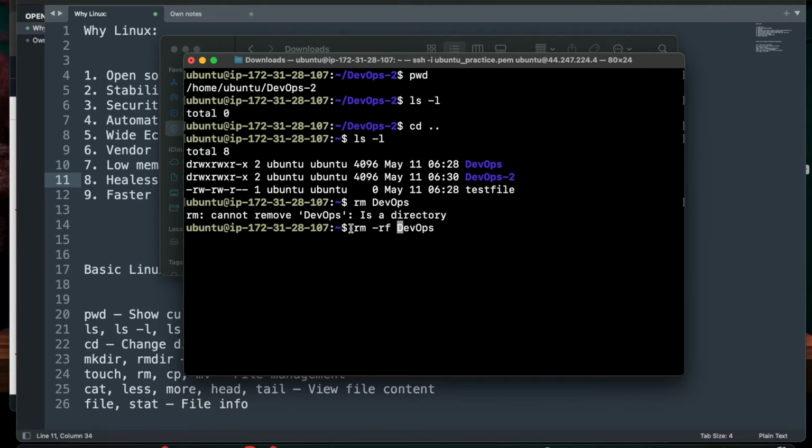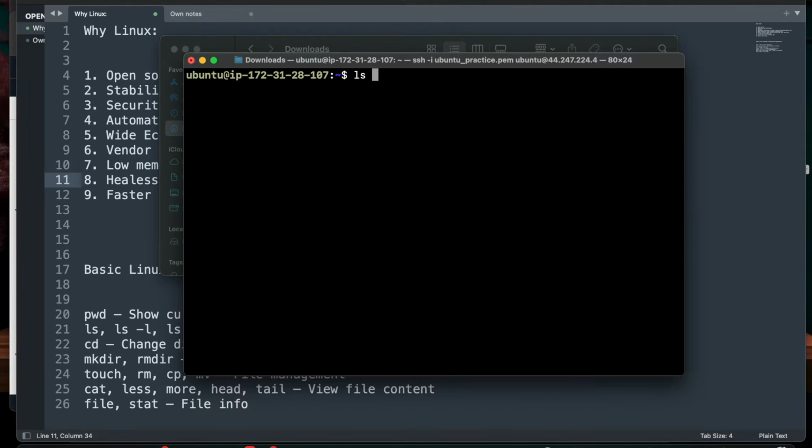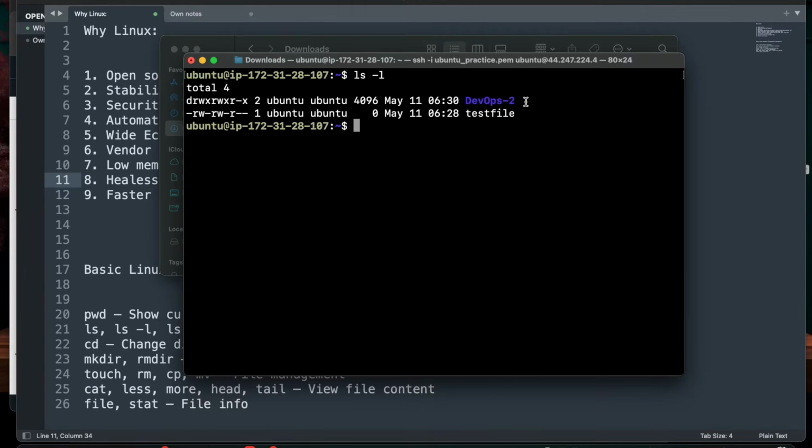Make sure while using this command, this is a dangerous command. Once you remove something in Linux, you can't get it back. There is no reversal, so use this command with caution. Okay, I'm going to clear it. If I do ls -l again, now I don't have that directory.